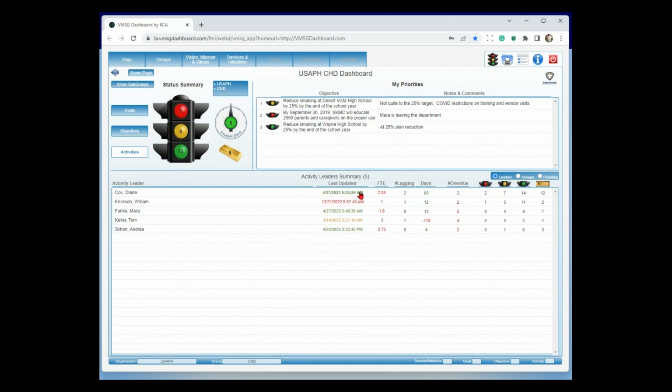The green says it's been less than 30 days. We want everybody to be there. The yellow says, it's 30 to 60 days. Could be okay depending on the situation. However, the red says you're over 60 days since you're doing that. At that point in time, you don't even have to say anything else. The next time you come in here, all of these will be green because people know that you're watching. So it's a mini audit in there.